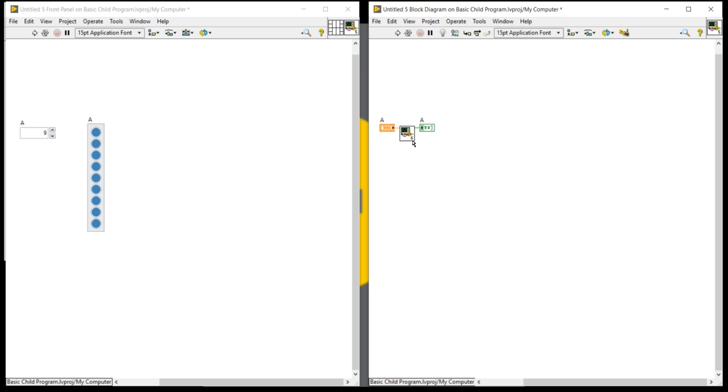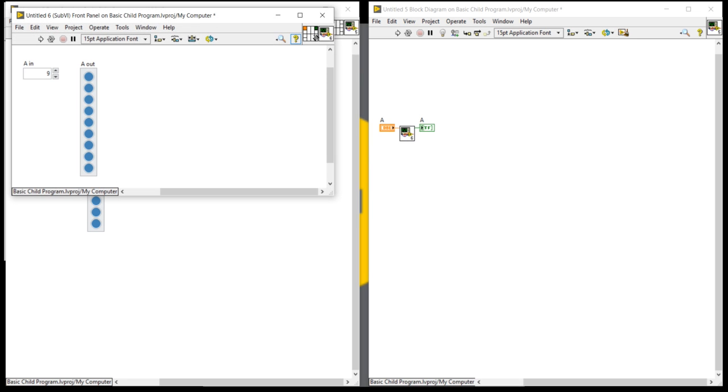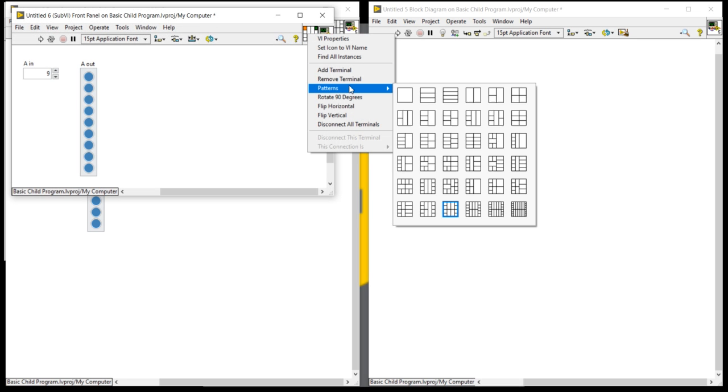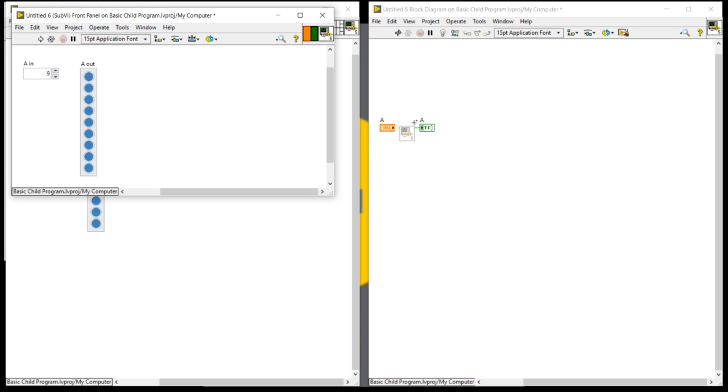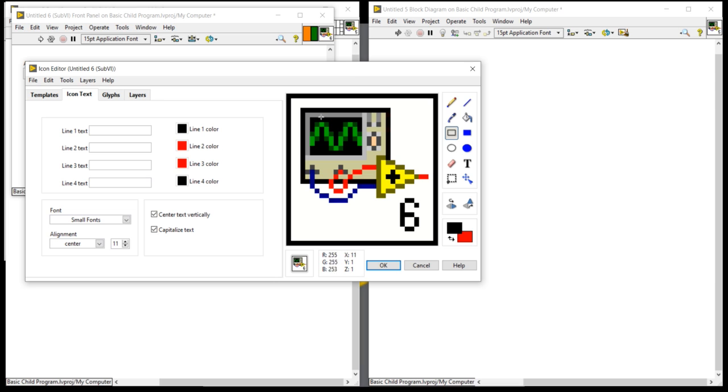Double click and open it. Right click, come into the pattern, one input, one output. Now, icon. Open the icon. I am going to delete all these portions.